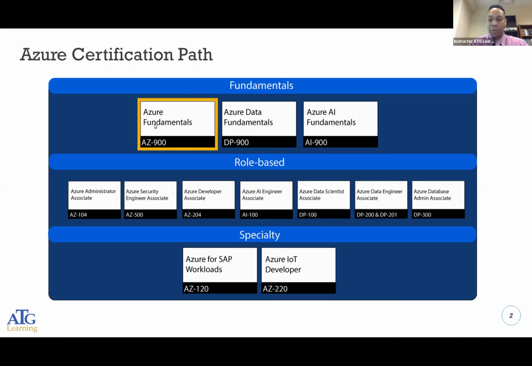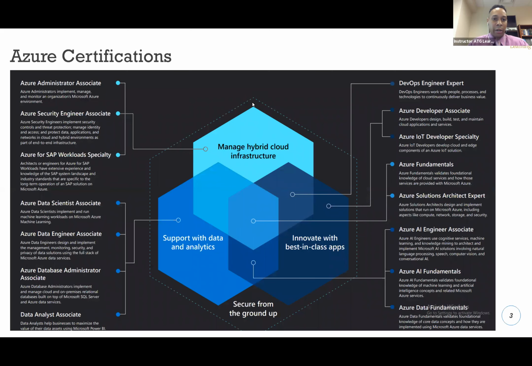I'm going to be the person responsible for making sure I give appropriate access to subjects and objects in my organization. Subjects being users, objects being the entity that they're trying to access, whether it's a server or a file on the network or in the cloud. So these are specific to what you would actually be doing in the environment if you decided to go into any of these role-based testing scenarios.